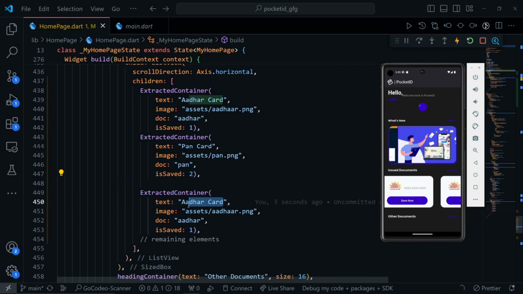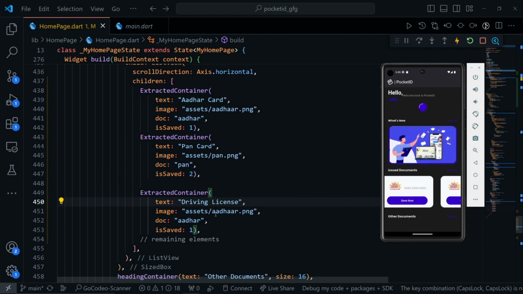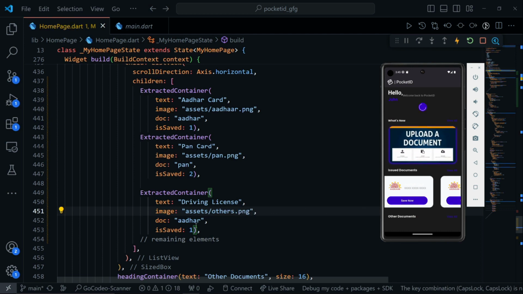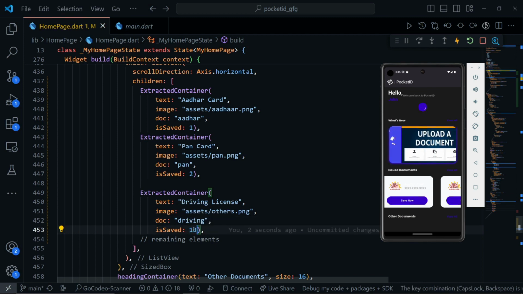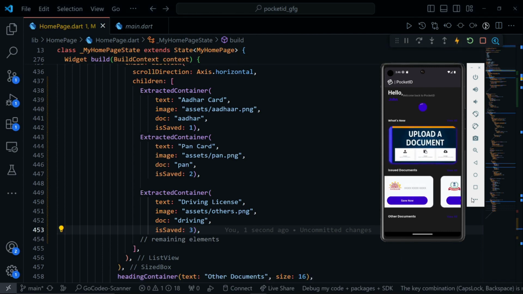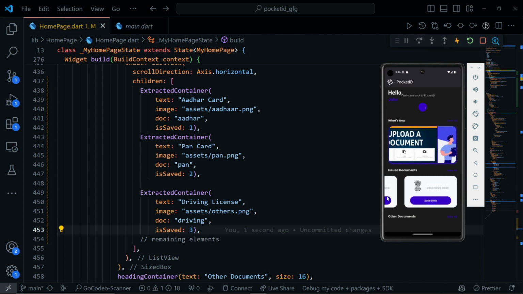Then you have similarly driving license here. Inside this license you also have others.png. So instead of Aadhaar, I'm gonna rename this to driver. Okay, so driving. That's it. And this will be our third one. Let me just refresh it once. So now you can see that this is Aadhaar, then you have the PAN, then you have the drivers,